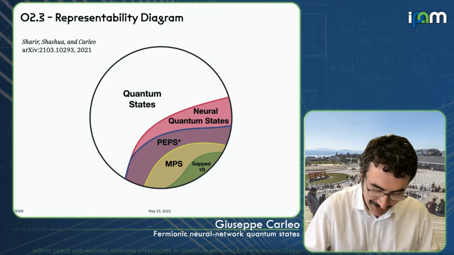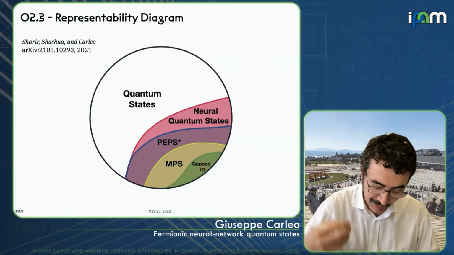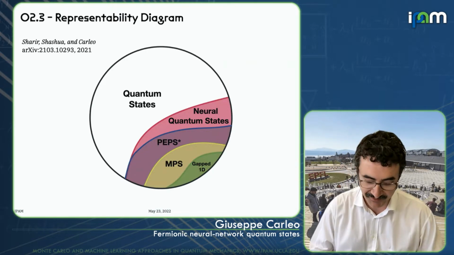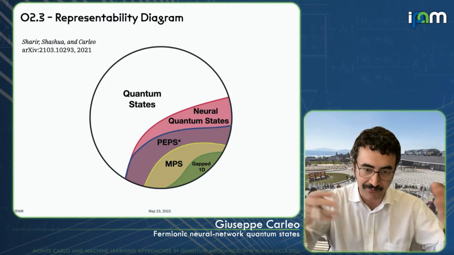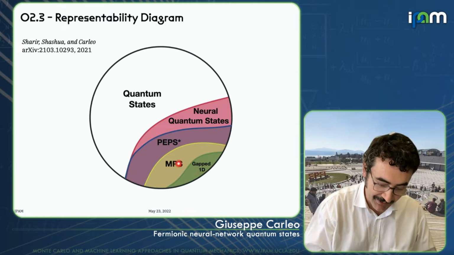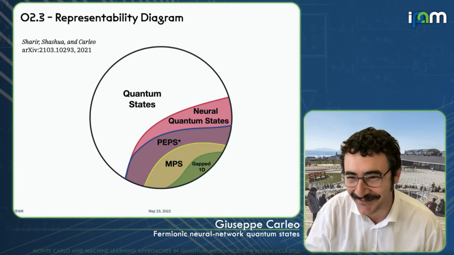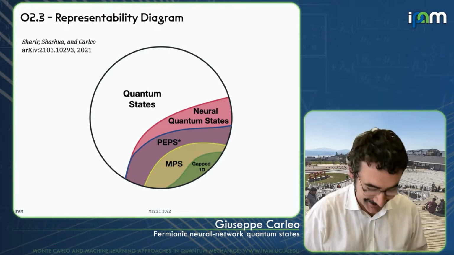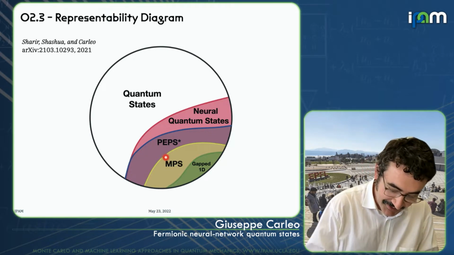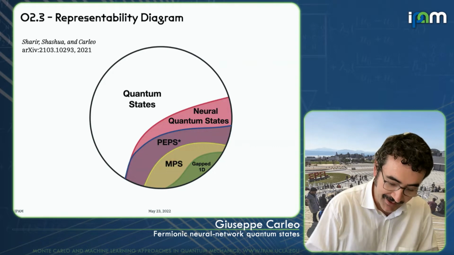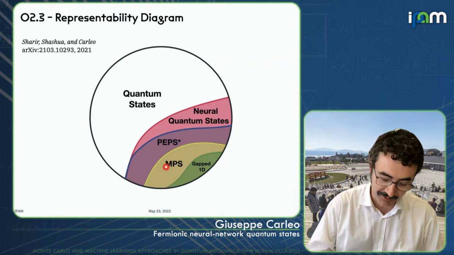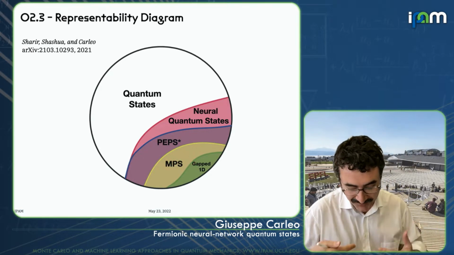Essentially, you can show that you can describe also all the ground states of gapped 1D Hamiltonians efficiently. So if you have a gapped 1D Hamiltonian, you can show this as a consequence of this theorem. I'm sorry, now I don't remember the person of the theorem, but I'm sure that people in the audience can help me out. Anyways, we can show that we can represent any gapped ground state in 1D because of these inclusion relations with MPS.